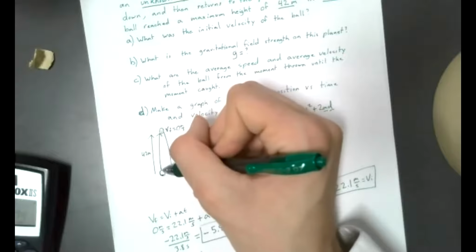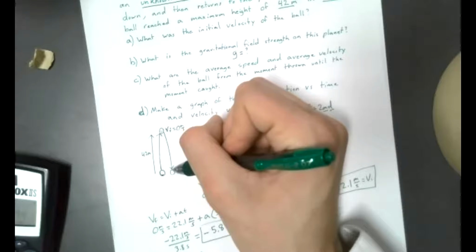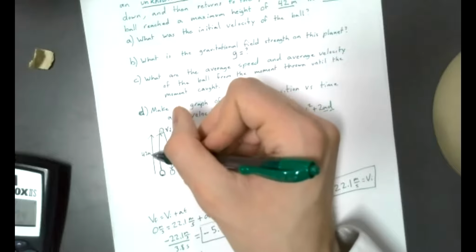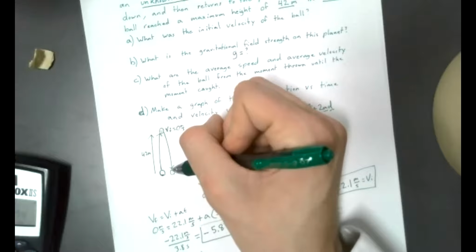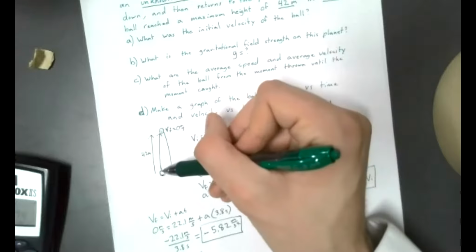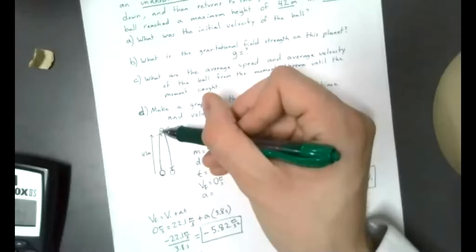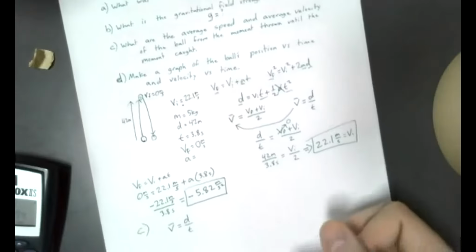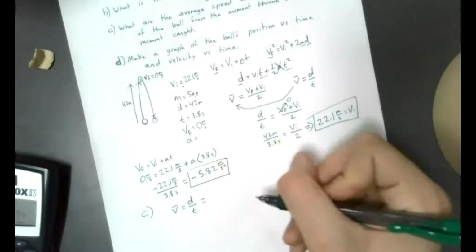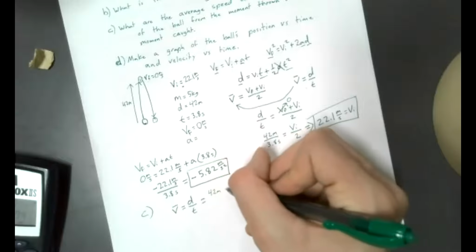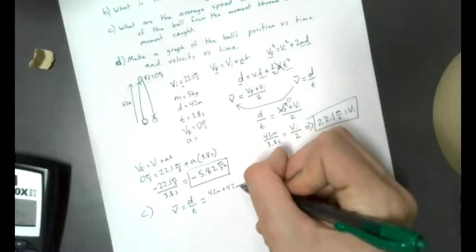It also takes 3.8 seconds to come back down, and it's going to travel 42 meters, because everything in this kind of problem is symmetrical. For average speed, I just have to take the total distance, which is 42 meters up plus 42 meters down,